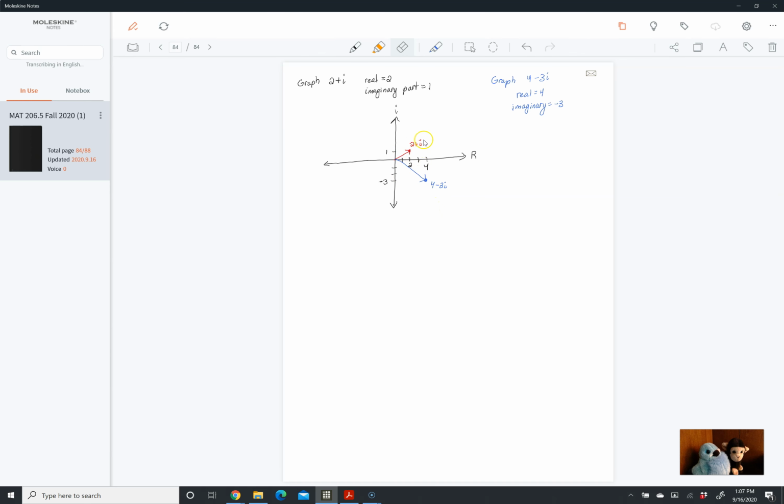Notice that when we graph them, we label our coordinates. We don't label them as x comma y or real comma imaginary. We actually write the complex number itself, okay? Now, as a vector, this could be really helpful because if we take the sum of the complex numbers,